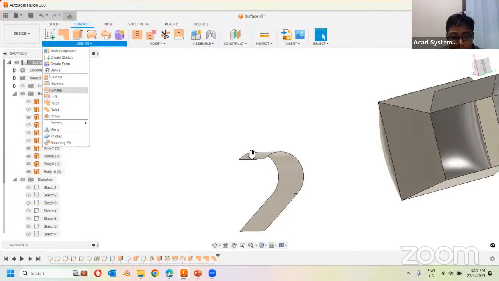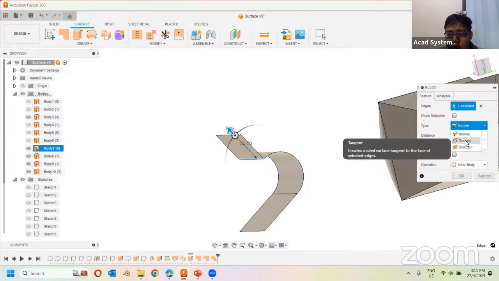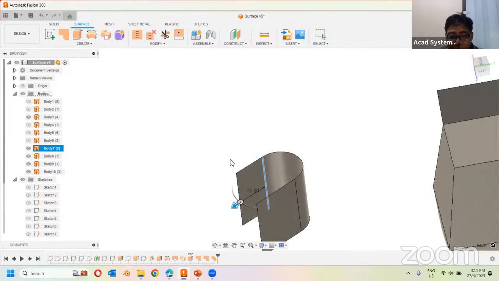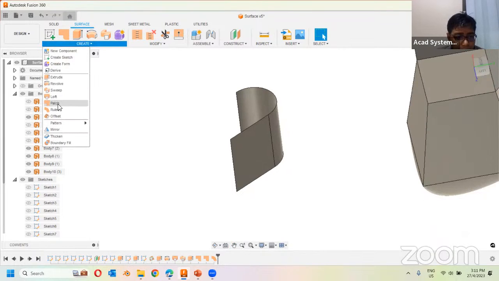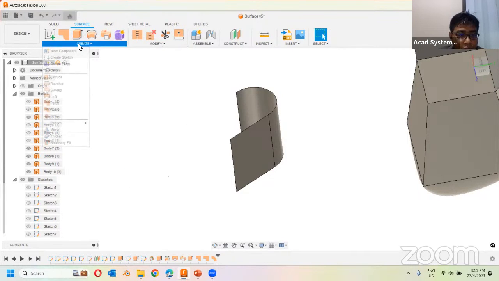Rules, I can select, and then it will give you, for the normal, a 90 degree angle. If I want straight, I can just do tangents as well. So we have something quite similar to the rule here, which is the extend tool. Right? But if I use